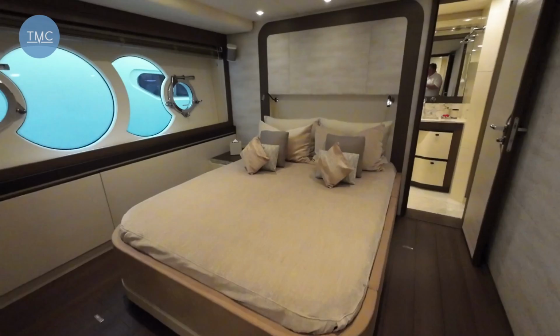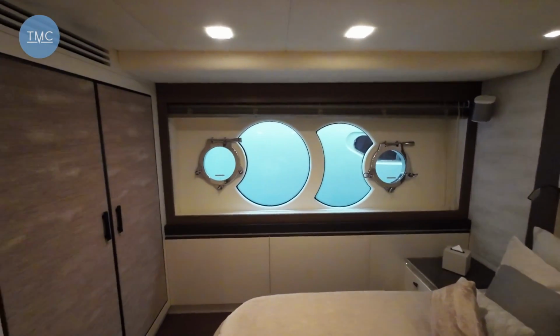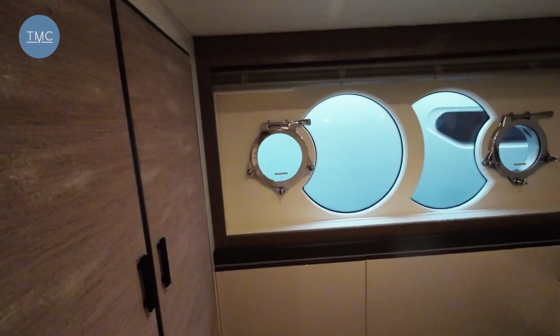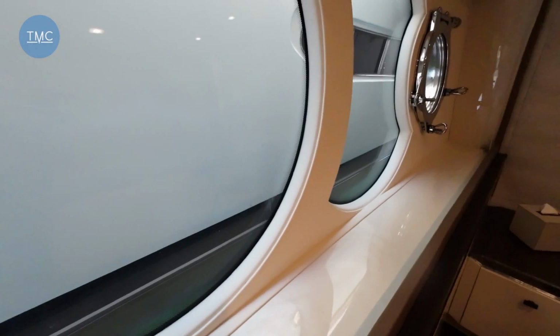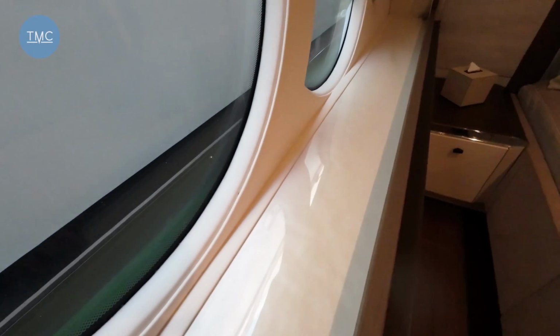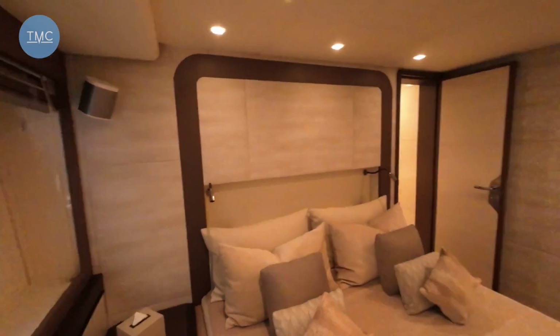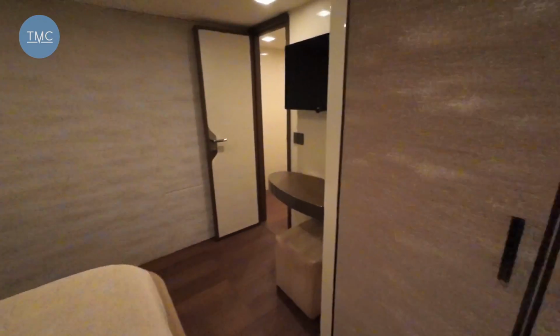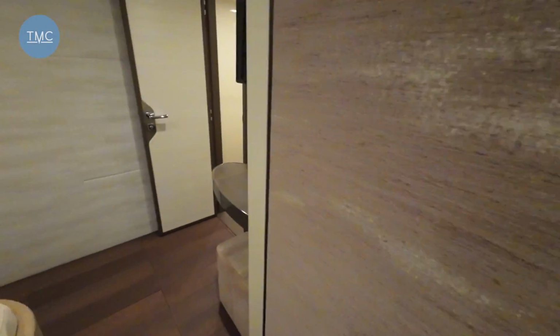So this is a really good size room. Really good size room. Great big windows there. Again, we've got those kind of porthole designs, which I think are really cool. This lovely kind of marble finish across these surfaces. Audio system speakers up there. And then a big hanging locker wardrobe in here. And our ensuite